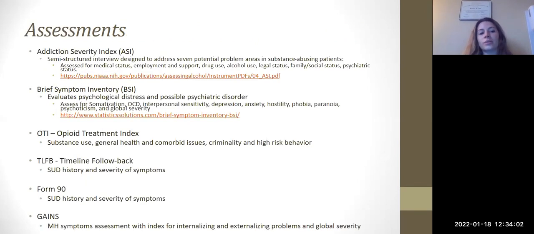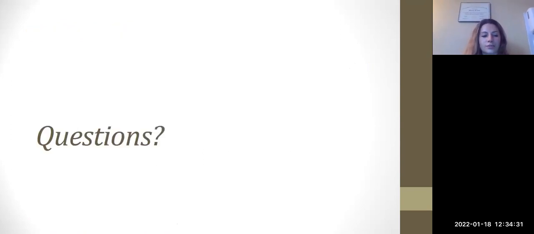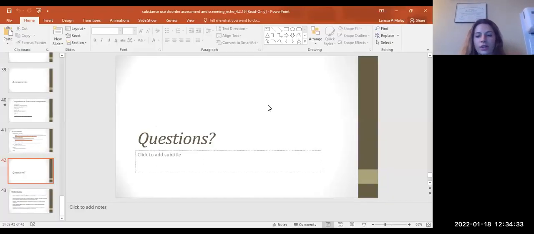And so here are some static, so templated, assessments that are available. The ASI, the Brief Symptom Inventory, the Opiate Treatment Index. These are all things that you can use to guide doing that comprehensive assessment. And then the other ones, Timeline Followback, Form 90, GAINS, these are specific to the substance use population that you would know if you really want to collect a ton of information. So we tend to not use them as part of clinical practice, but we'll see them in different research settings. So that's it. I don't know if anybody has a brief